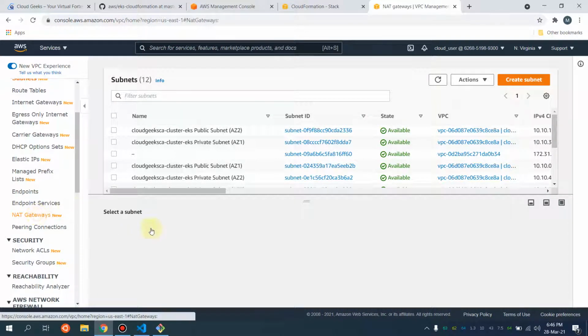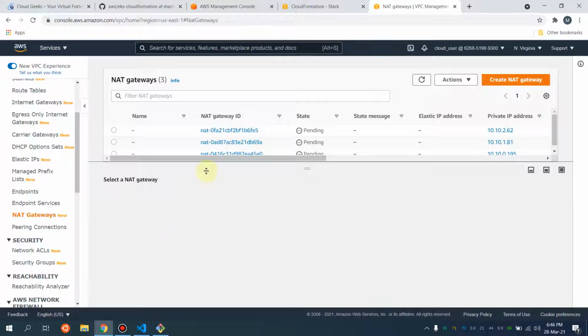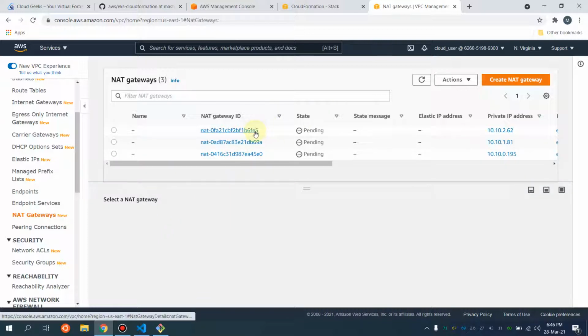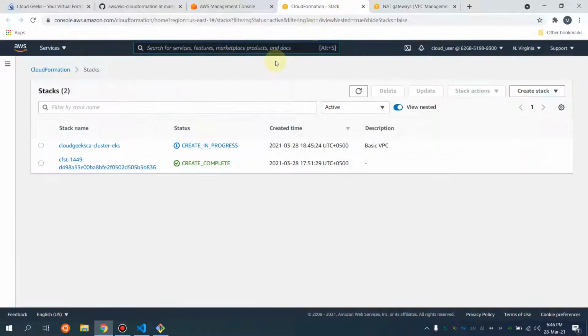If I navigate to the NAT gateways, you will see 3 NAT gateways are pending, and elastic IPs are going to be attached to them. This will take about 2-3 minutes. Till then, I'm going to pause the video, and then I will come to my EKS deployment section.